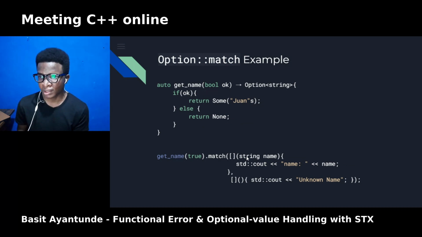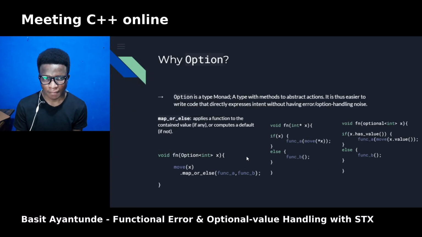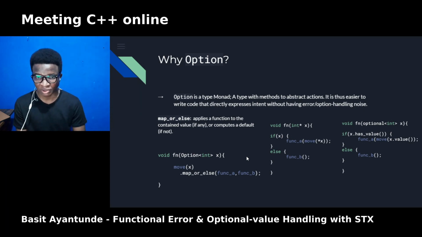For handling both the scenario where a value might be present or not present, we use the match method as shown below. Yeah, so as we can see here, Option is a type monad. By that I mean a type with methods to abstract actions.